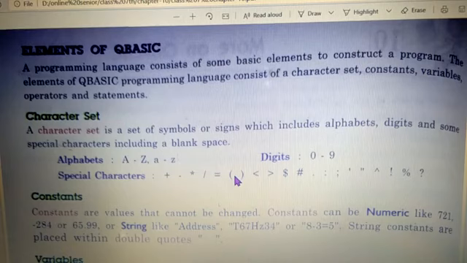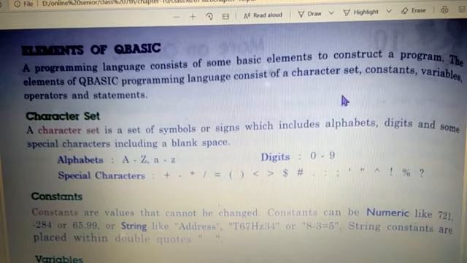So children, to understand any language or to write any program, first we have to understand what things are used in that program or language. These things that we use to make a program are known as elements. Every programming language has its own elements that we need to use to make a proper program. Here in QBasic, elements are: character set, which means all the characters we use on the keyboard.